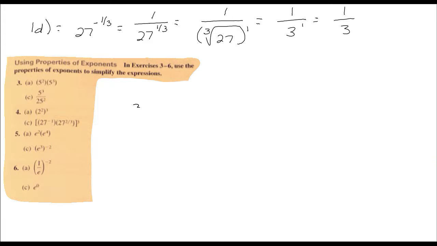For number 3, A, it says 5 squared times 5 cubed. Okay, so when multiplying like bases, you leave the base alone and you add the exponents. So it's just going to be 5 to the 5th power. Now, at that point I would probably just leave it that way, but just in case, that would be the